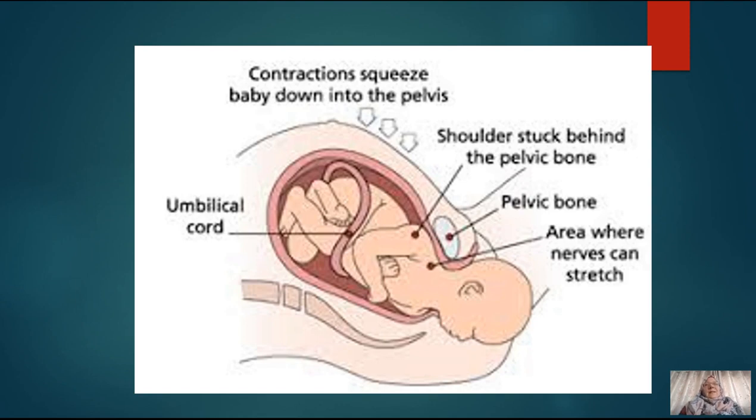The reason we get this brachial plexus injury is, you can see in this picture, that the shoulder is stuck behind the symphysis pubis, the pelvic bone, but the head is delivered, and in between, between the delivered head and the shoulder, is the neck, and there lies the brachial plexus. And if the shoulder is stuck behind the pelvic bone, but you pull on the head, then you stretch this area of the nerves, and this is what leads to brachial plexus injury,